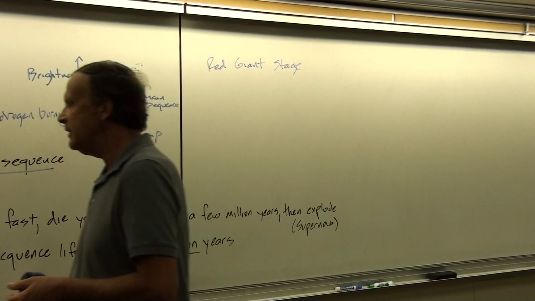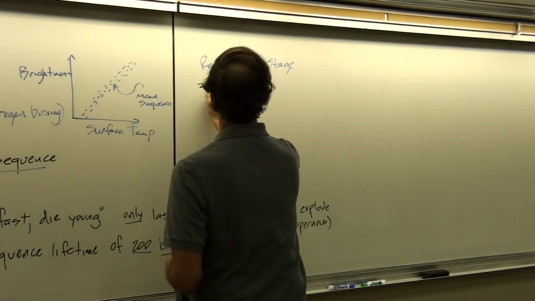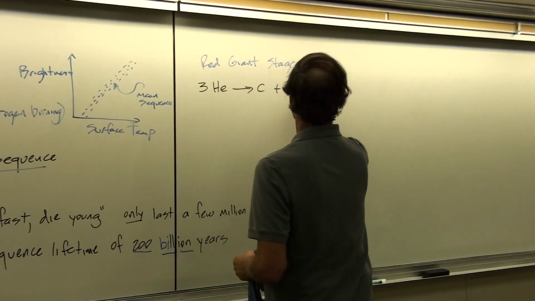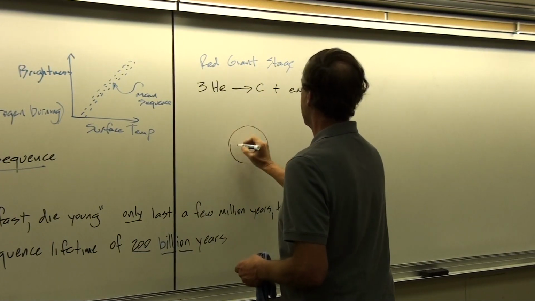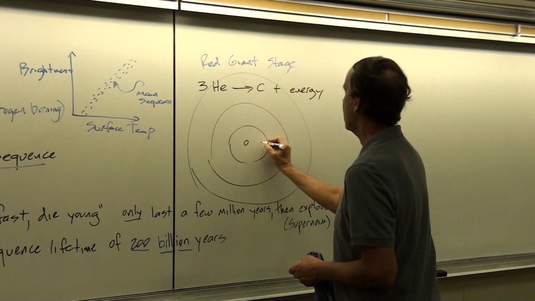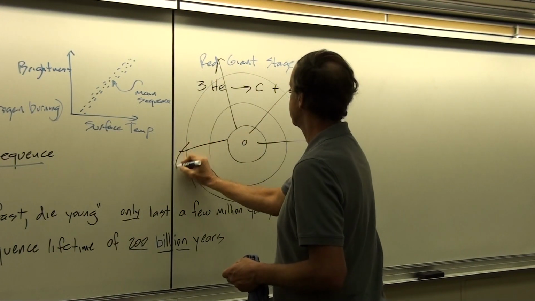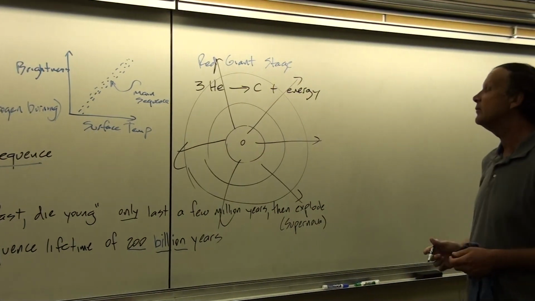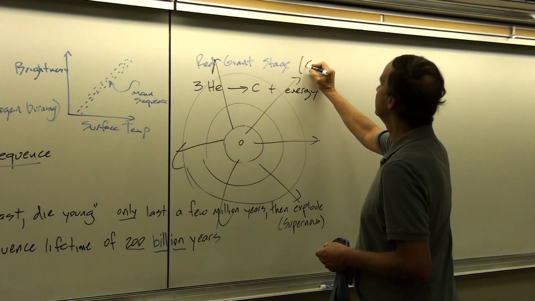where 3 helium can combine together to form carbon. And so the red giant stage then happens, and this is just a review, but I think it's worth talking about, again, just to reinforce these ideas. When our sun turns into a red giant, which we think will happen perhaps in another 5 billion years,